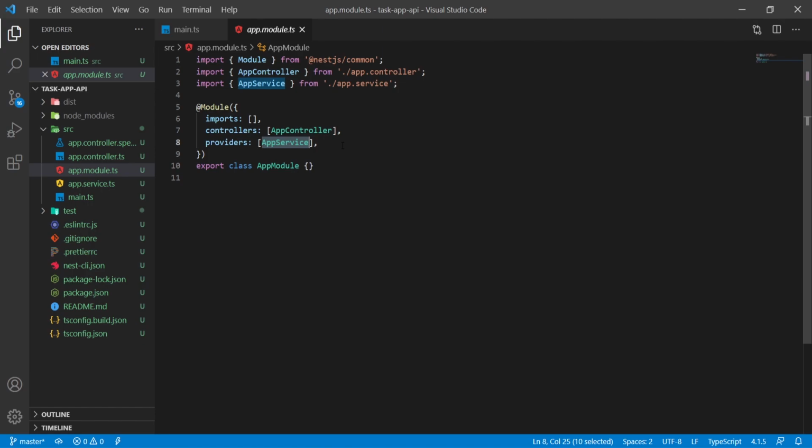Those are injectables, but I will talk more about those when we take a look into the app service. App controller is the controller. Well, we don't have components here, we have controllers because we are on the backend side. So controller will basically communicate with the front end side. It will get request from the front end side, and it will pass that request and the data from it